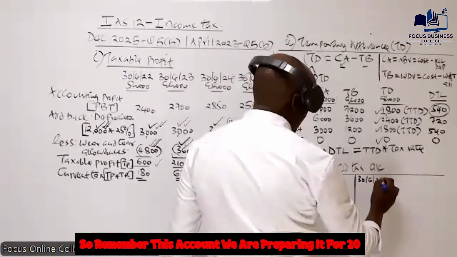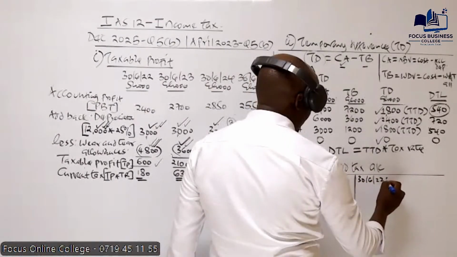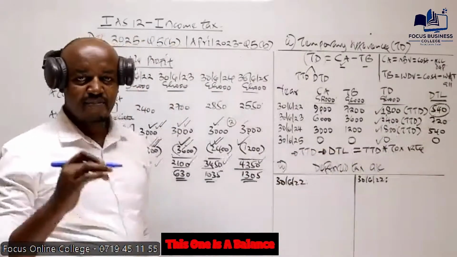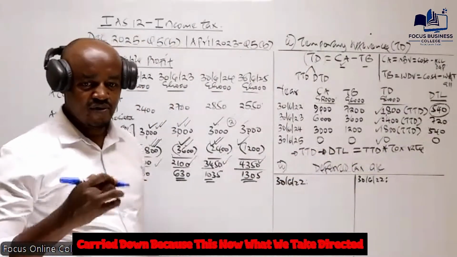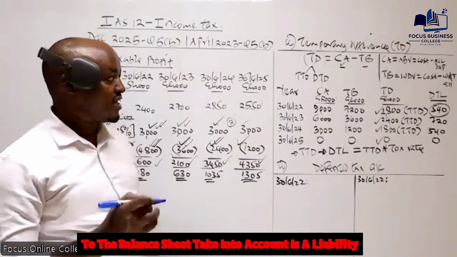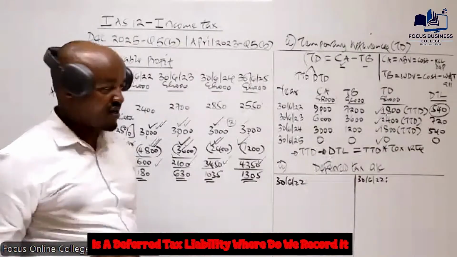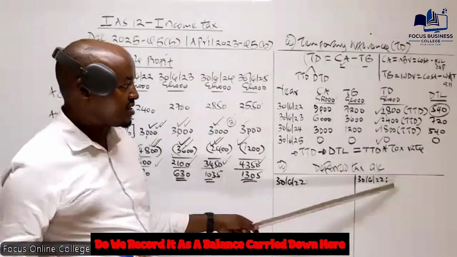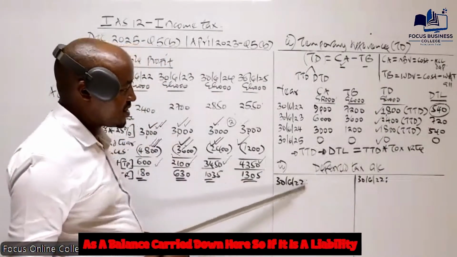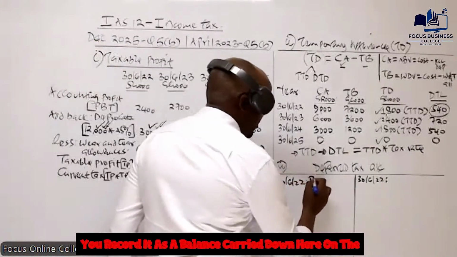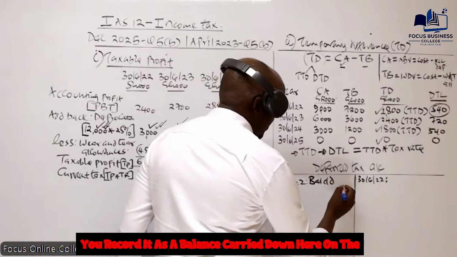Remember this account, we are preparing it for 2020. Now this particular amount here, that is 540, is a balance carried down because this is what we take directly to the balance sheet. Take into account it is a liability, a deferred tax liability. Where do we record it? Do we record it as a balance carried down here? If it is a deferred tax liability, you record it as a balance carried down here